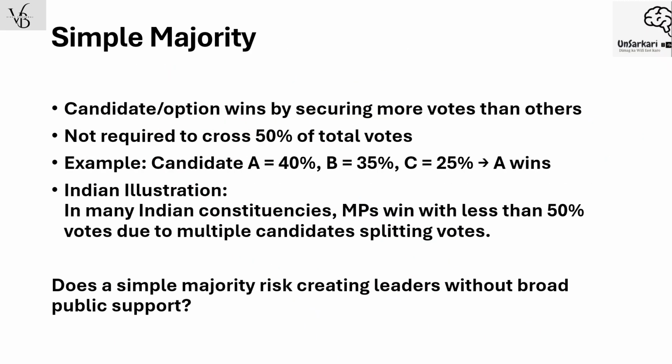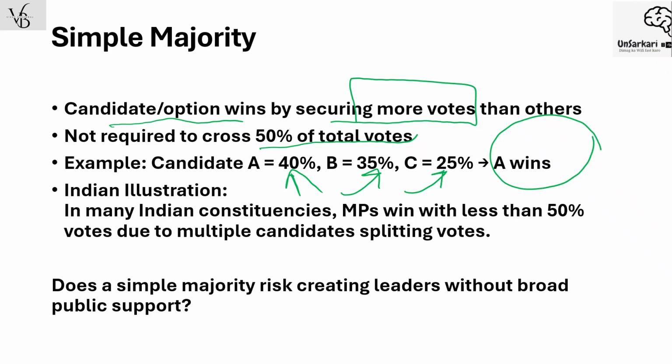Now let's see what simple majority is. Simple majority means a candidate or option wins by securing more votes than others, as we have just seen with respect to FPTP also. Not required to cross 50% of the votes. For example, candidate A scores 40%, candidate B 35%, candidate C 25%, now A wins. Now, in many Indian constituencies, members of parliament are winning with less than 50% votes due to multiple candidates splitting the votes. That is why you must have been reading words like, there is